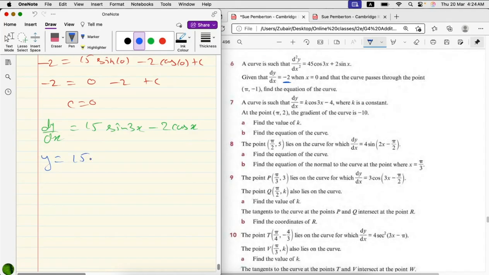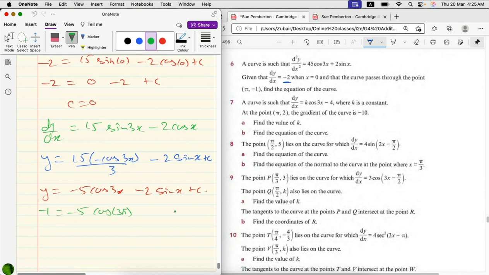y is equal to 15 times, now sine changes to minus cos 3x over 3, and minus cos changes to minus sine, so minus 2 sin x plus c. Simplification: that's minus 5 cos 3x minus 2 sin x plus c. And this time it is pi and minus 1. That's minus 1 equals minus 5 cos 3 pi minus 2 sine pi plus c. Now again,